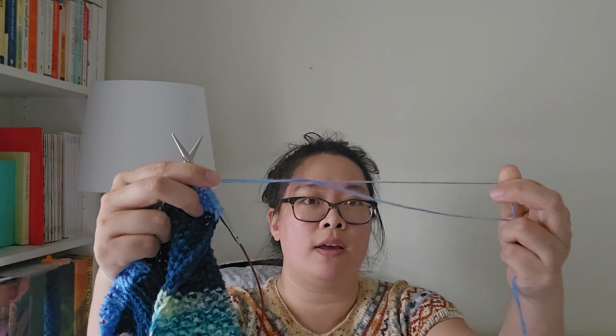So currently I am using fingering weight held double, and I am knitting that on a US 9. I originally was holding fingering weight triple, and I discovered that I hated that. I did not enjoy knitting 3 strands of yarn, it made my eyes hurt to try to make sure that I picked up all 3 strands, which is ironic because I can knit without looking, but for some reason I felt like I had to look for the 3 strands, and it was just straining my eyes too much. So I went down to 2. I do not enjoy knitting 2 strands at the same time. That's the reason why you'll almost never see me knit with mohair, because I just don't enjoy knitting more than 1 strand at a time. But